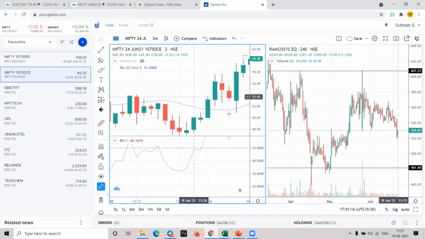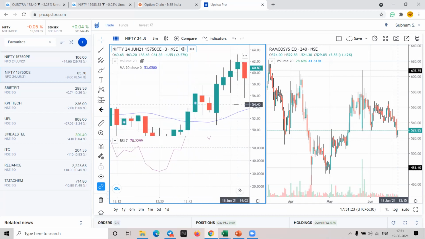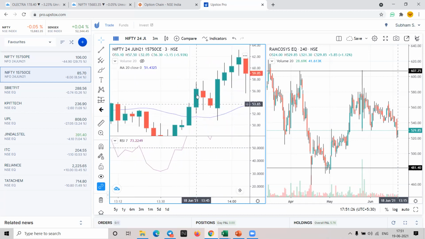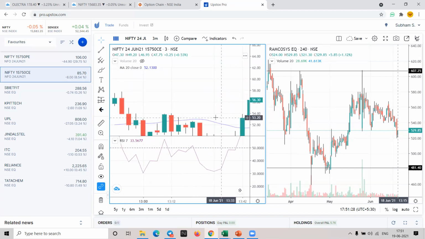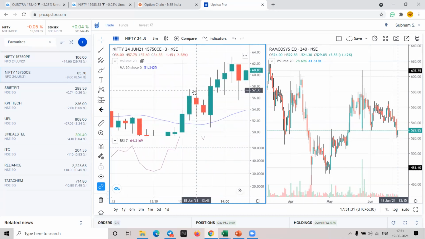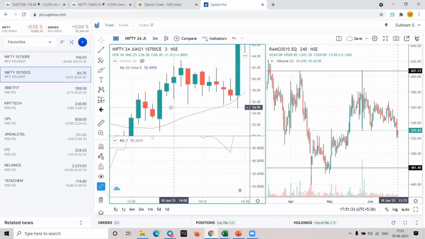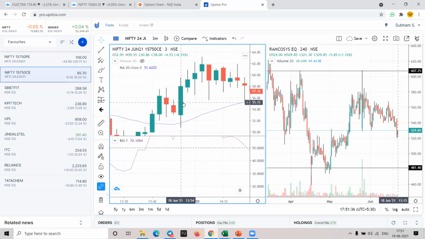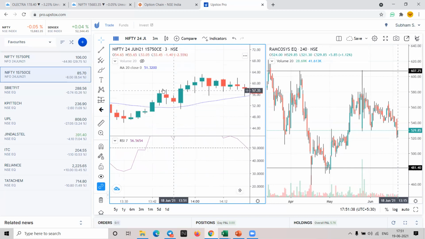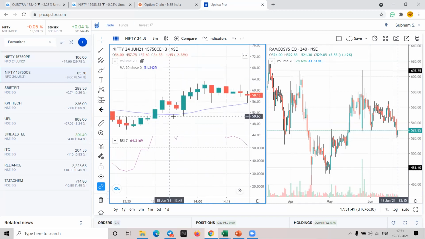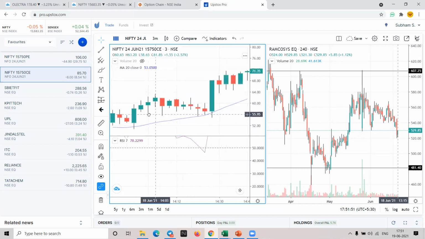Now, if you just look, a strong candle is there, a block candle, RSI moving from below 50 to above 50, and the moving average is also giving a signal for buy. Till this time it was very flattish, but now it is trending upward again. Anywhere you find a block candle or strong candle near the moving average, with the moving average turning upside, you can enter here. The bottom of the nearest block candle is your stop loss, and then you can wait for the target.